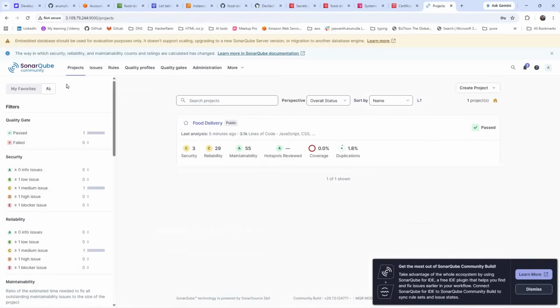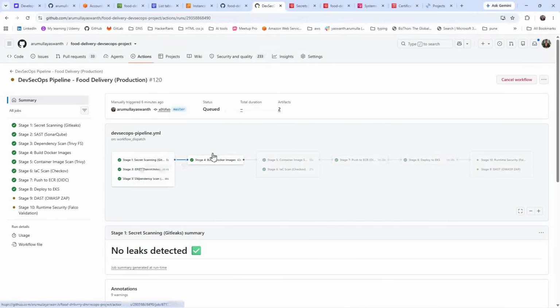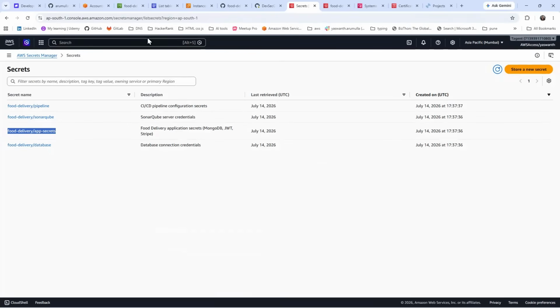This is the securities. This is the entire SonarQube. Okay, now we will execute. See, it's building the images. Now it builds the images, and it will run the Trivy scan and the IaC scan, and it will push to the ECR also. Now, if you open the ECR,